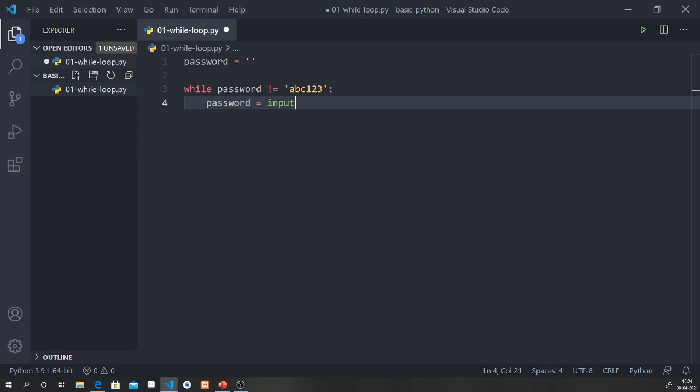Remember, as we are taking this input in the form of a string, we are not using the int function to convert it. By default Python takes input as a string, so we do not need to convert it to any other format. So here we will type enter your password.